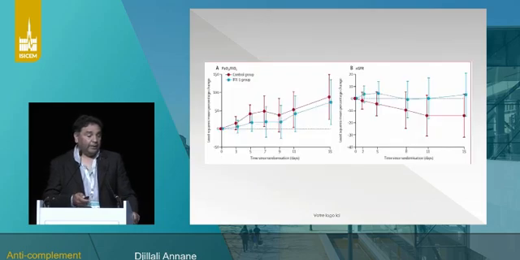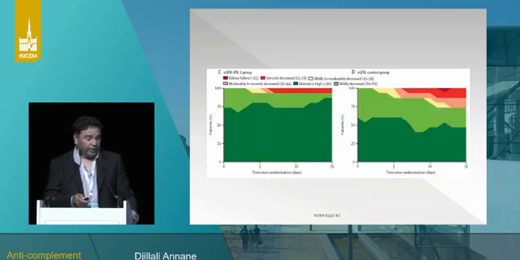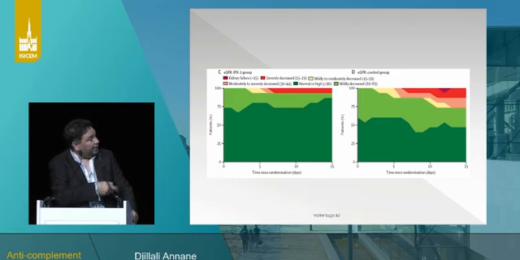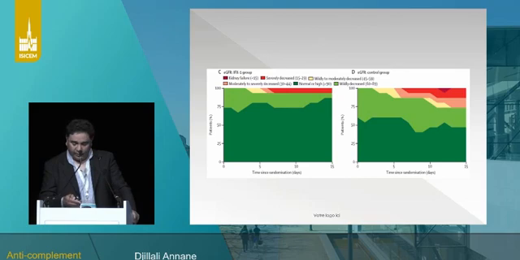So very rapidly, they found no effect in the phase 2 trial on the PaO2/FiO2 ratio or on glomerular filtration rate. However, looking at the kidney, one can see this is the experimental arm, this is the control arm over time, and in green, these are the patients with normal kidney function. So one can see that indeed the treated patients were more likely to recover normal function than the others.